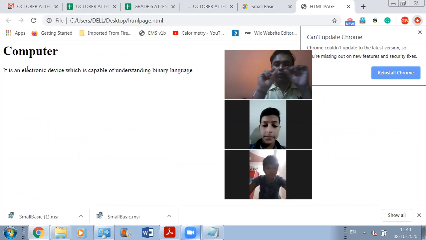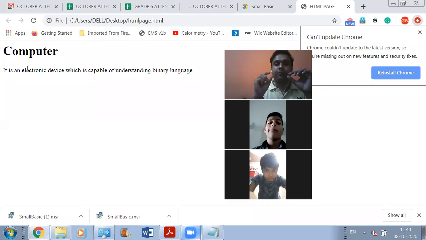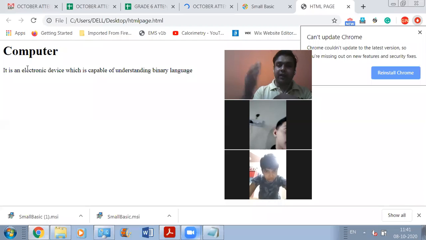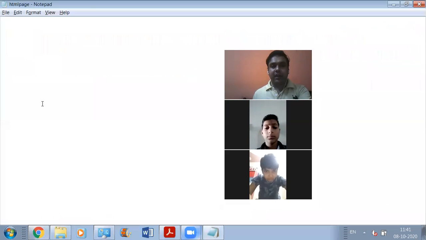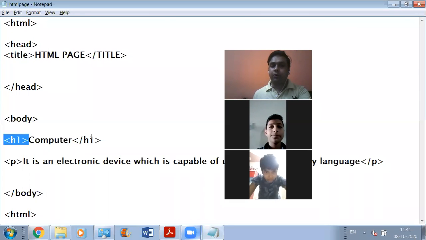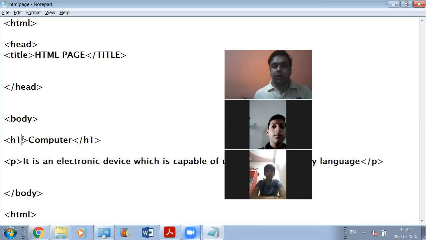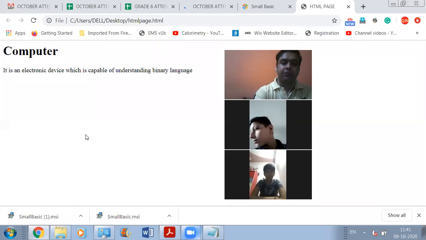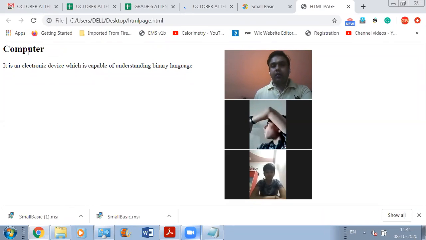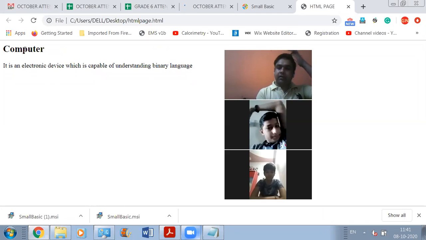बोल्ड में क्या था, हमारा जो टॉपिक था, जो हेडिंग थी वो छोटी आ रही थी। The font size was very small. Now, if you want to increase the font size, you can make use of these H1 tags. आप H1 tags का use करो, font size बढ़ जाएगा आपको और चीजें bold में हो जाएगी। Now, if you replace it with H2, अगर आप इसे H2 से replace कर दोगे, so now what are you going to get as an output over here on this web page? कोई बताएगा क्या चेंज आया?